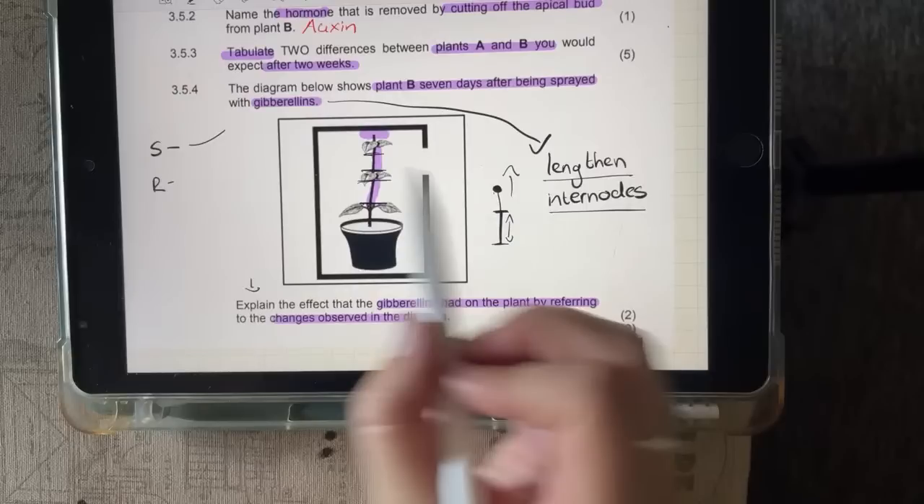Because if I zoom out and you compare the differences, and let me get rid of all the purple so that it doesn't blur your vision. Look how close together the leaves are here versus how far apart they are here. Now, if you didn't know that straight away,